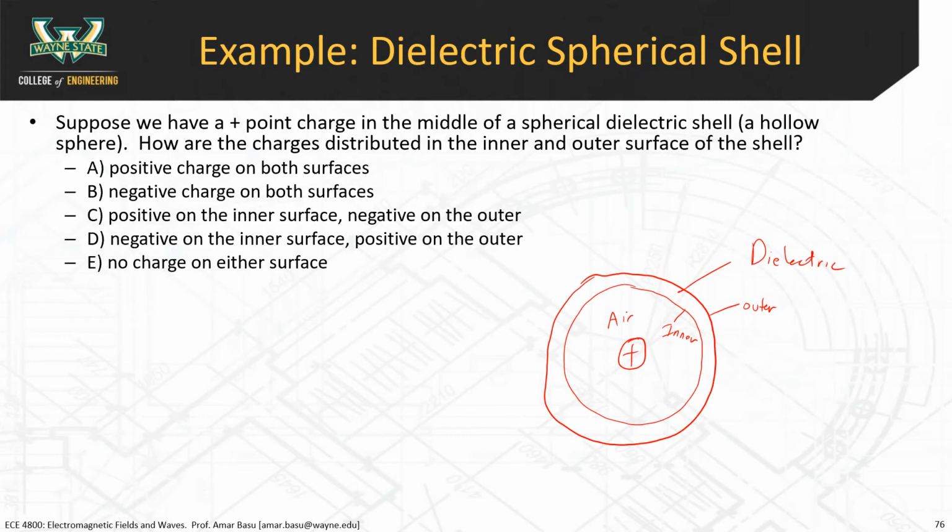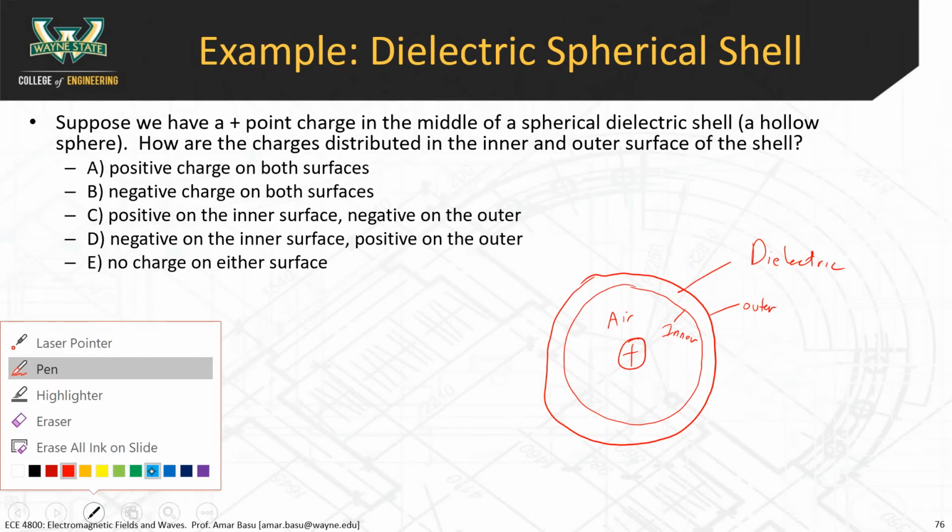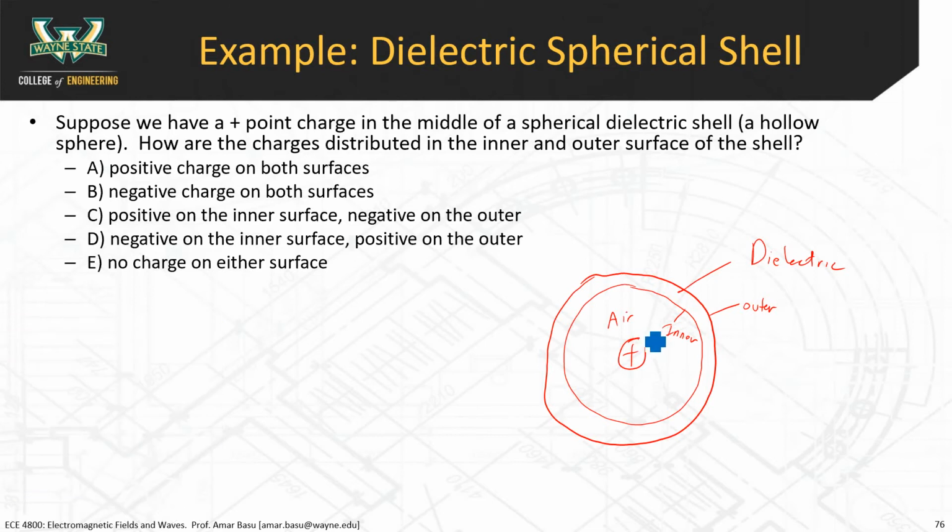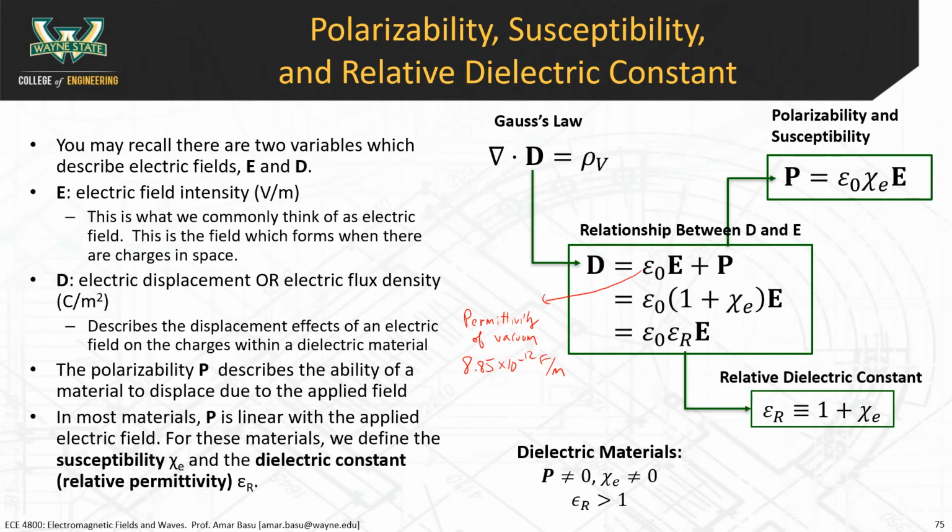The way that you would attack this problem is to think about which direction the electric field is arranged. So we can just draw the electric field like this. I'll draw it in blue. The electric field, as you know from a single point charge, points away from that positive point charge. It points in this direction. So the electric field is going through this dielectric shell. When the dielectric material aligns to the field,